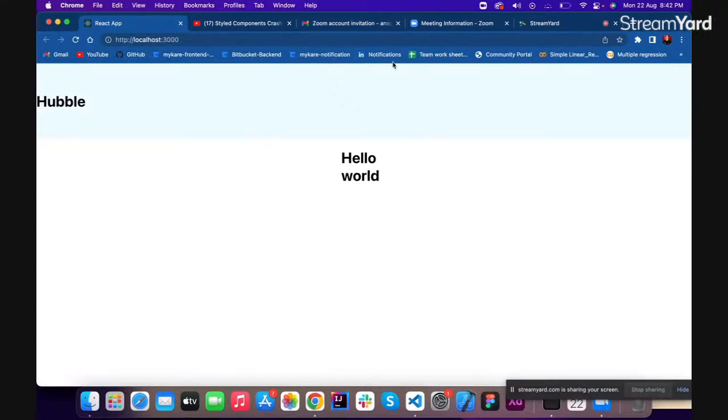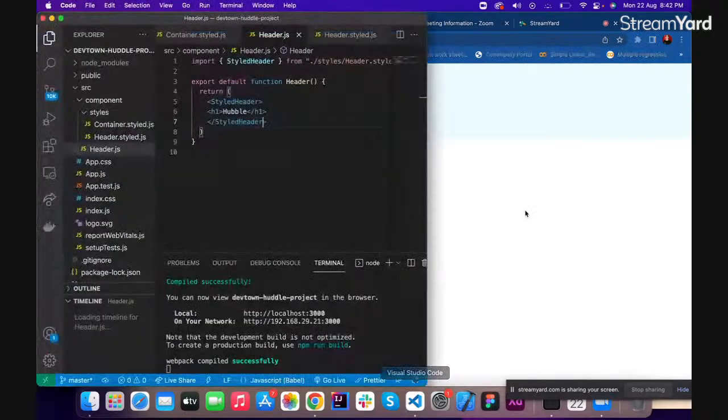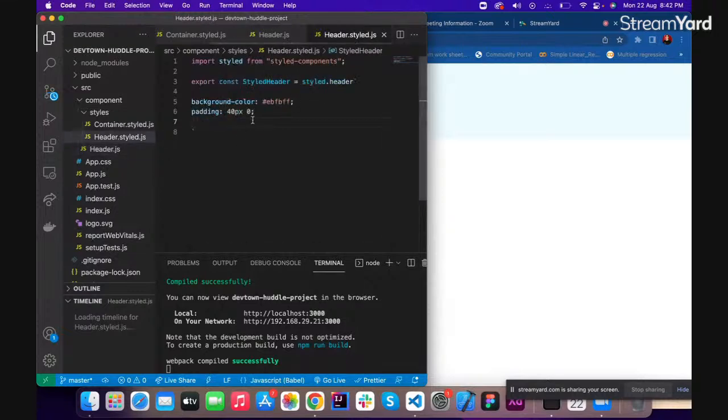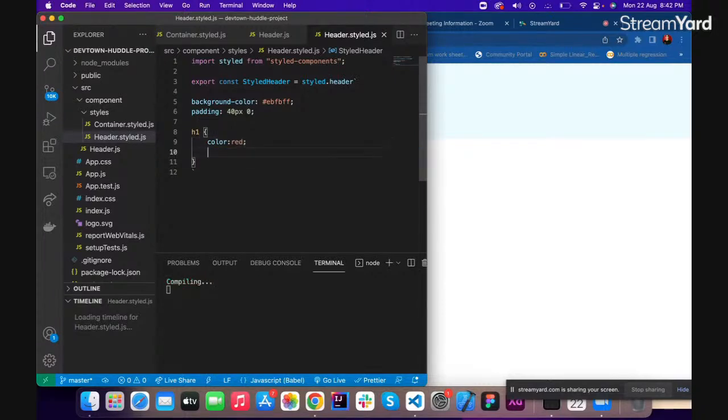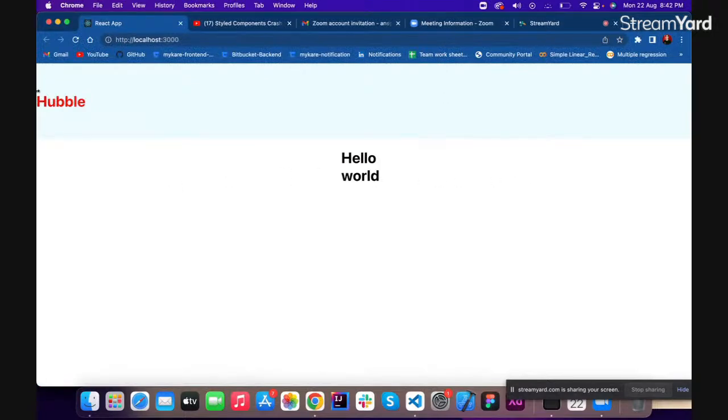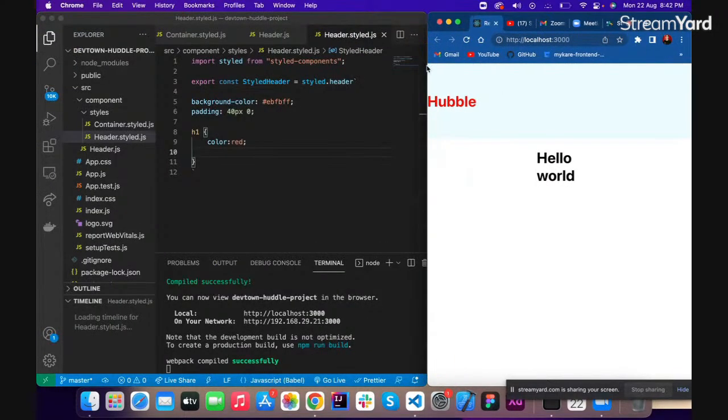So now if you have worked with nested CSS or anything, you can particularly, suppose in this only, if you need to give it as an H1, let's say a color red, and if you need to change it with a hover or any states like that,